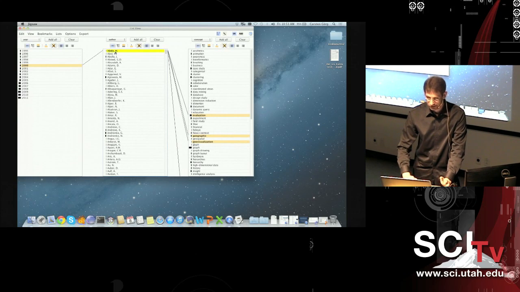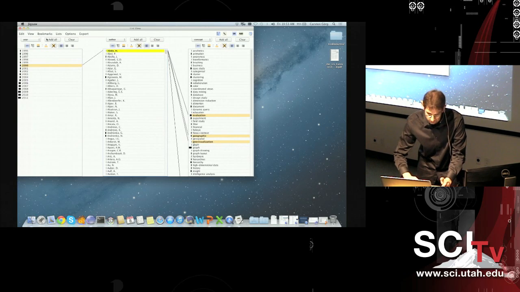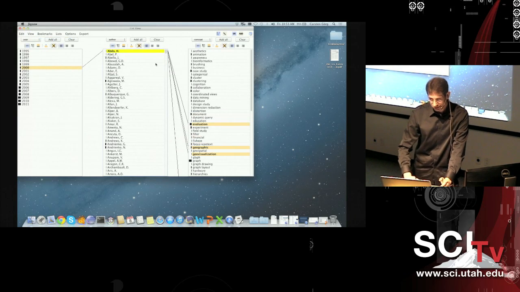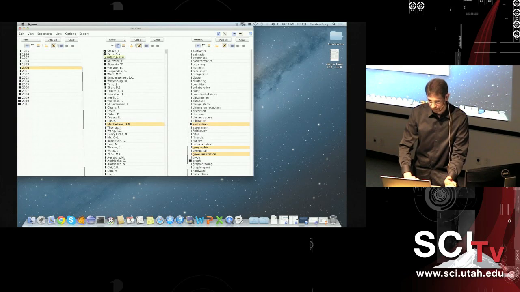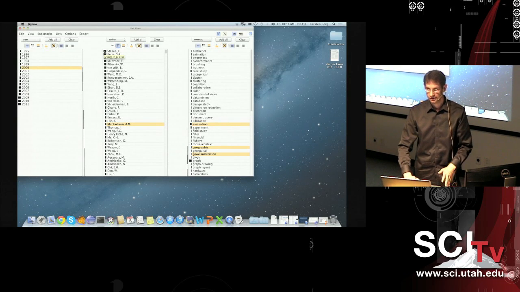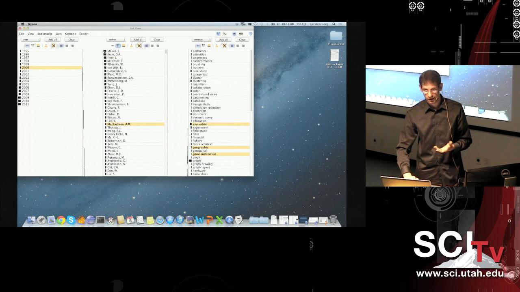So if I select an author, I will see in what year the author published, and what concepts are connected to those papers. And I can also sort the lists by their frequency. Right now they are sorted alphabetically, but if I sort by frequency, I will see that Stasko has published 19 papers, and so he is the most published author in this set of documents,